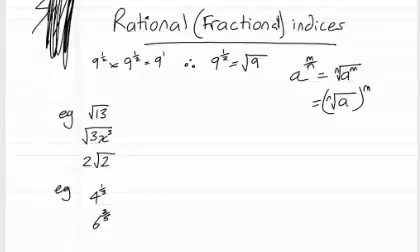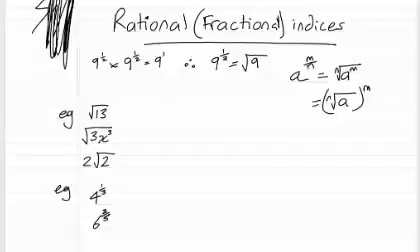Now it's useful to be able to move between all three of those states, between index form, a to the power of a fraction, to surd form with a power outside the bracket, because different ways of writing it will make things easier to evaluate. We just need to be able to go from surd form to fractional index form and back, and use these skills to evaluate terms